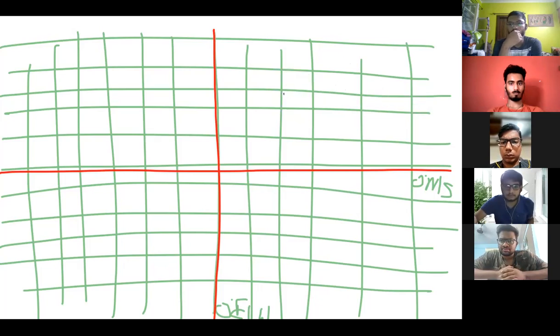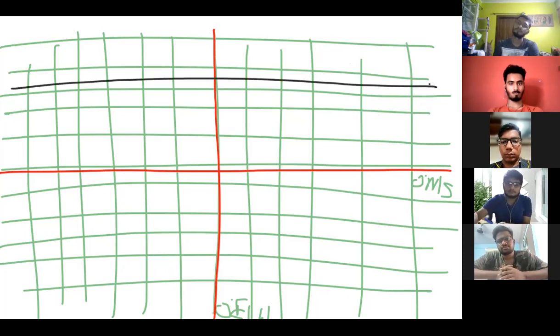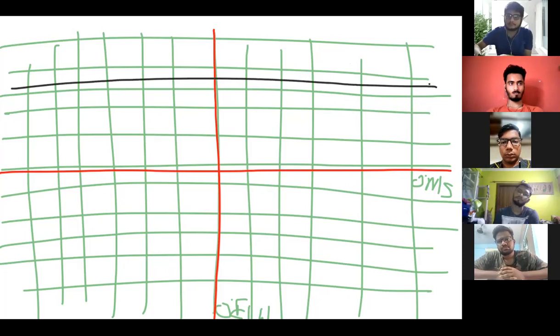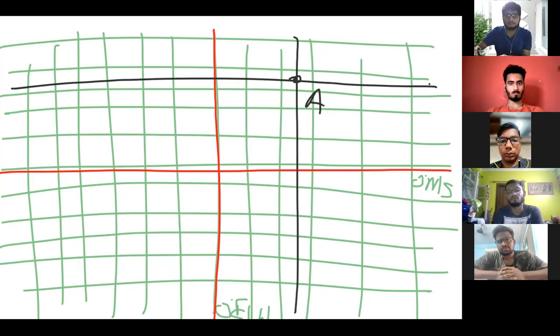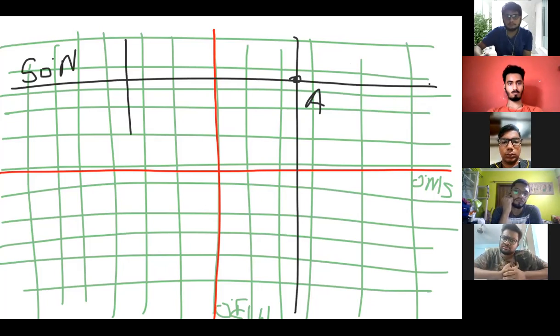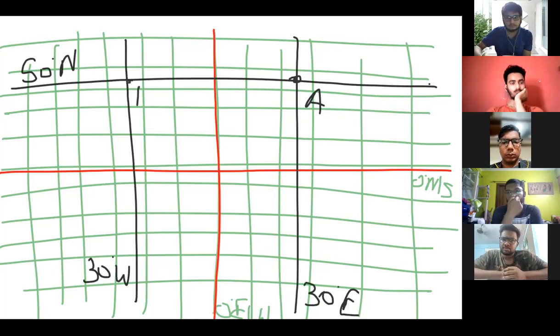So basically 50 degrees, do it in steps rather than confuse yourself. Do it in steps. So 50 degrees north, obviously somewhere on this line. I can just draw an imaginary line, and 30 degrees east, somewhere on this line. So I can just call it point A. Okay. Another point. Maybe I say this other point is on the same particular latitude, that is 50 degrees north, but some other longitude, maybe a point that is 30 degrees west, and this was 30 degrees east. Now the aircraft has to fly from point A to point B.